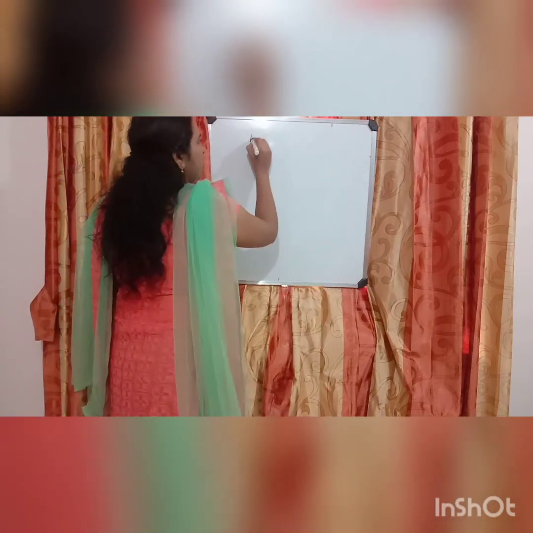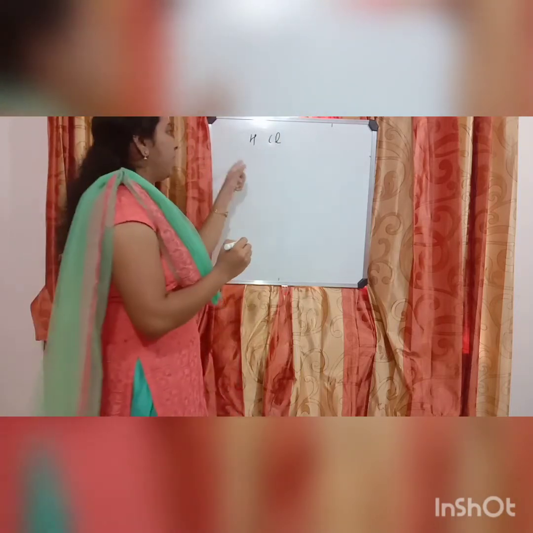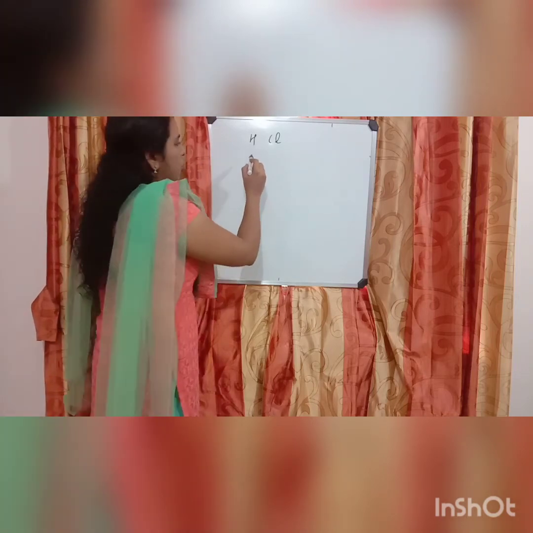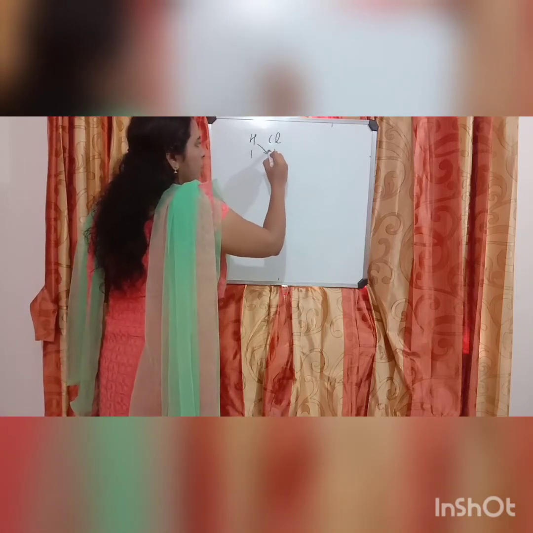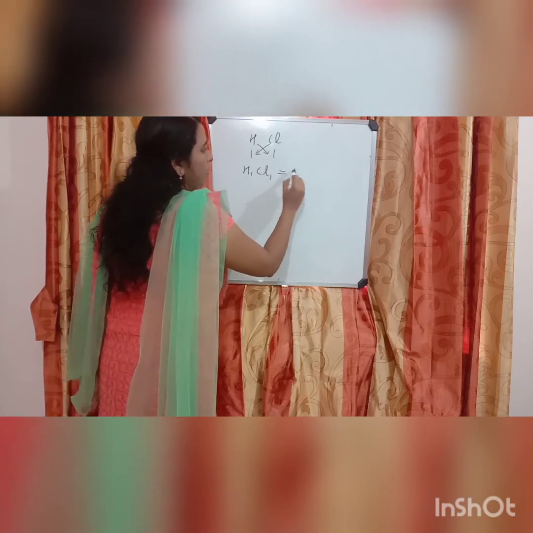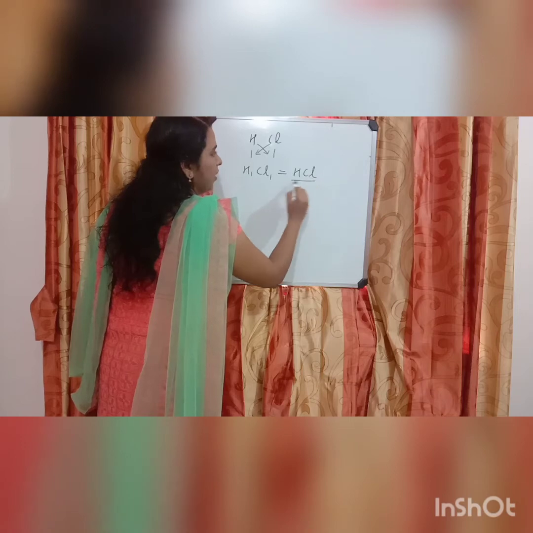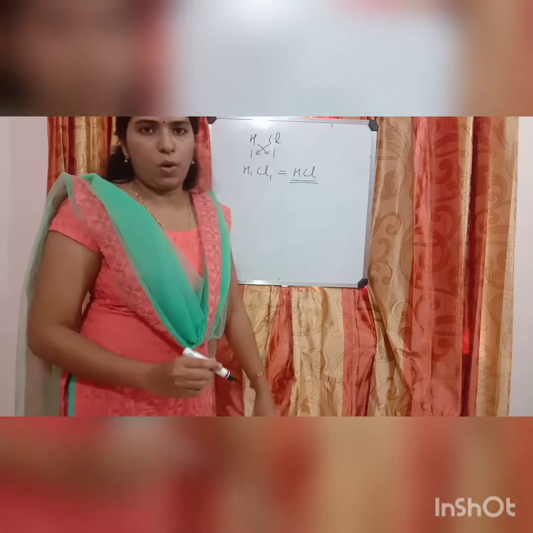Children, let us take one simple example, that is hydrogen chloride. Which elements are present in hydrogen chloride? Yes, hydrogen and chlorine. So you have to write hydrogen on the left side and chloride ion on the right side. Then what is the valency of hydrogen? 1. Valency of chlorine is also 1. After that you just cross multiply it. Then you will get H1Cl1. So you have to write this as HCl. So this is the chemical formula of hydrogen chloride.